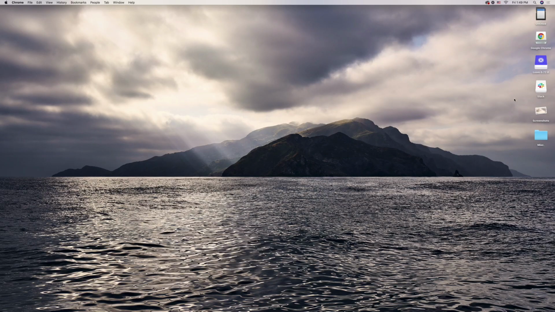Next up, I'm going to be showing you some awesome tips for taking screenshots on your computer. So to start with the basics, Command-Shift-4 is going to give you this cursor, which then allows you to select the frame of your screenshot. And when you release it, it's going to capture that image.